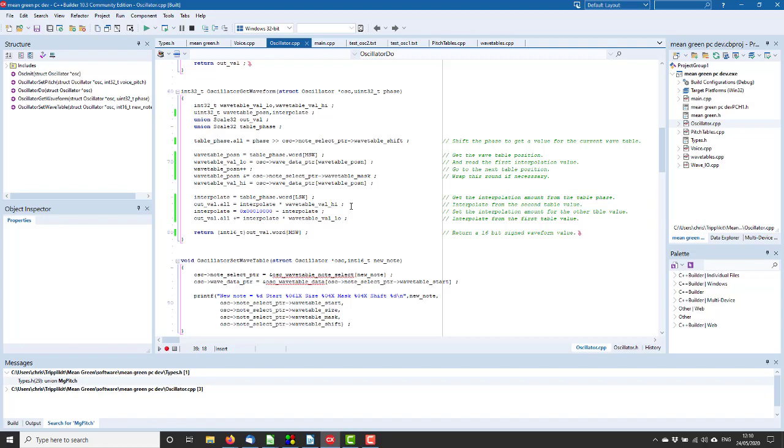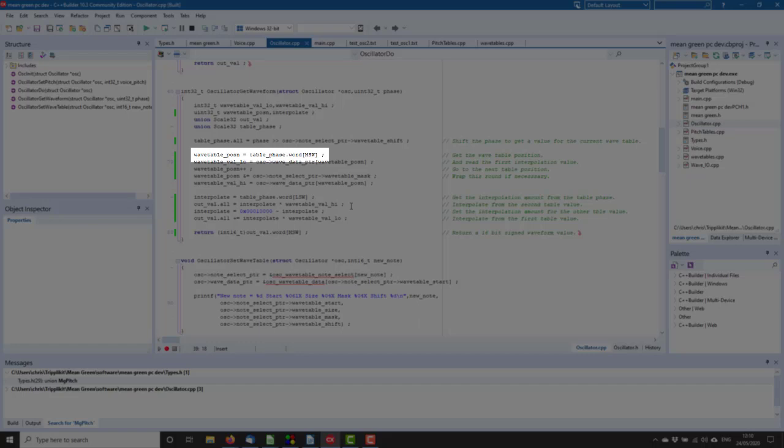So the wavetable position is the most significant word of the table phase. So we get the value low, which is the low value from the table. We increment the position to move on to the next value, called the high value, and we mask into the table in case we've gone beyond the end of the table. We then get the high value here, and moving down here we get an interpolate value from the least significant word of the table phase,